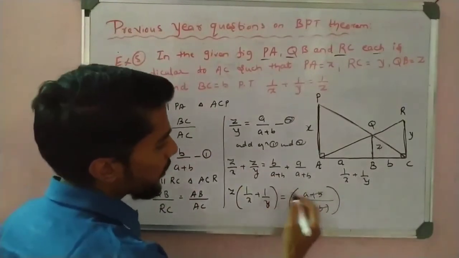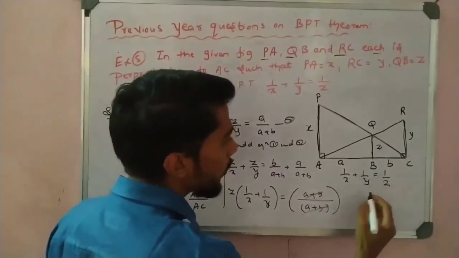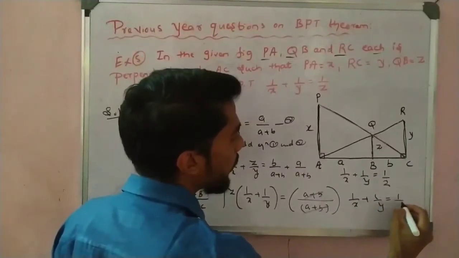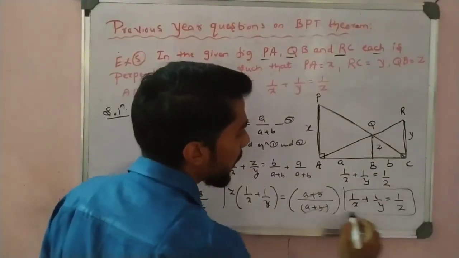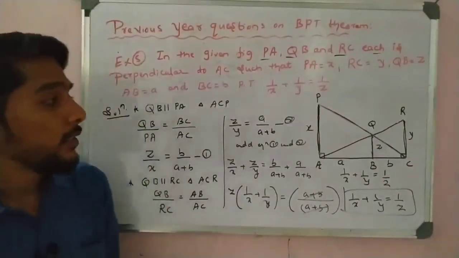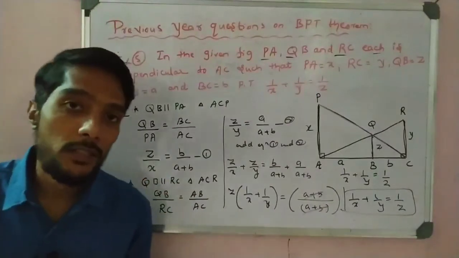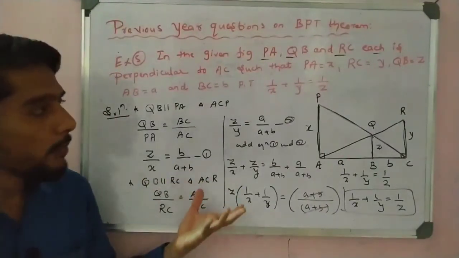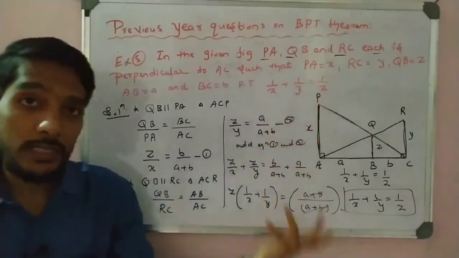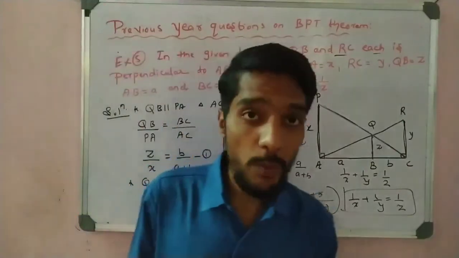Now it is 1 by x plus 1 by y is equal to 1 by z. So we get the answer 1 by x plus 1 by y is equal to 1 by z. So this is another solution. So, students, these are very important solutions. Very important questions are there. Such questions may be asked in examination. Maybe as it is, or sometimes they take 1 by A, 1 by B and 1 by C, the alphabet changes, but all are the same. So very important questions, so you have to practice them.